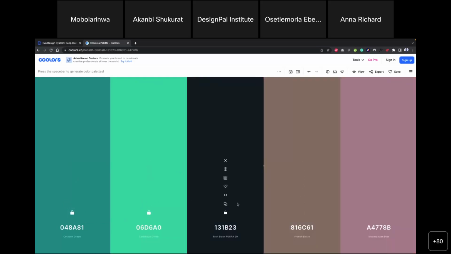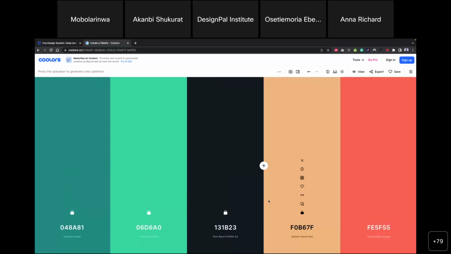Let's say I now say, oh, I like this dark shade. Then I say, okay, I need more, and I say, oh, I like this red shade. Let's say I like these three. I can just lock everything and then create a palette from a photo. So once I create the palette or export it,